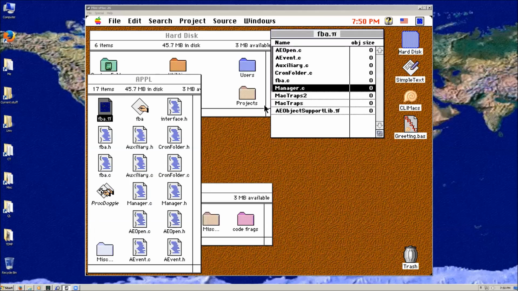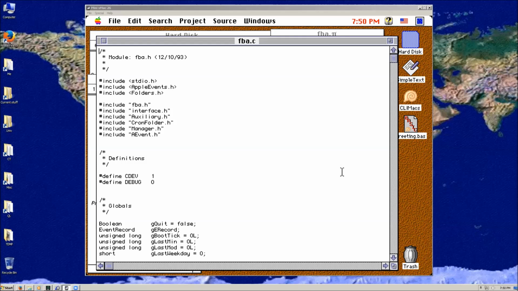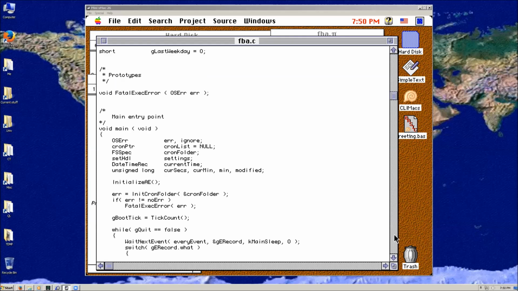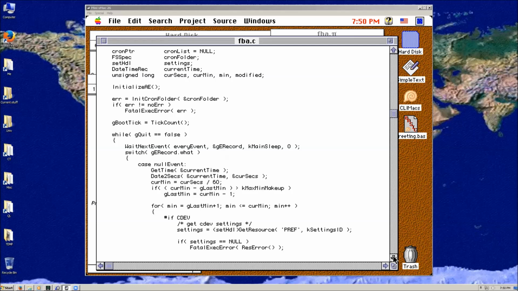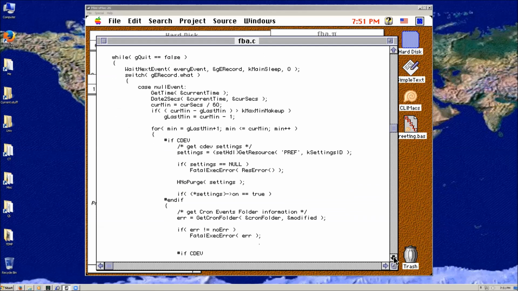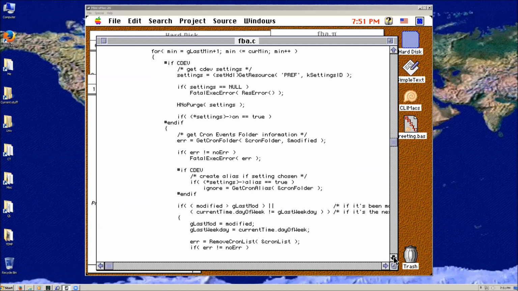And so again, the rest is probably not something that I came up with. So this is the main loop. On null event, it's going to call wait next event. On null event, it's going to go in and do its stuff. And there are some defines that I must have used to compile it differently depending on